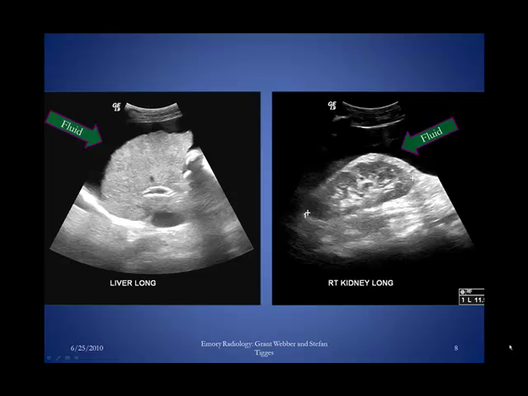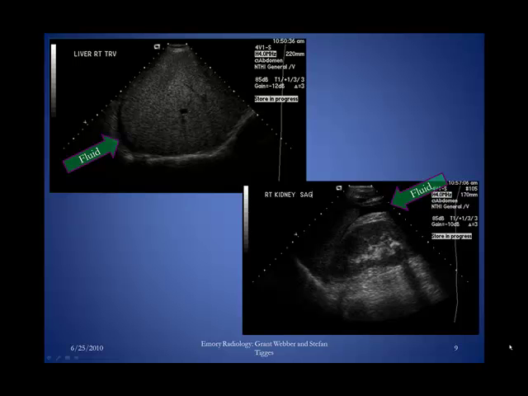On the image on the right, you see at the level of the right kidney, again, this large amount of black anechoic fluid anterior to the right kidney, which was ascites. So here's another example with a smaller amount of fluid, and you can see how much more sensitive ultrasound is